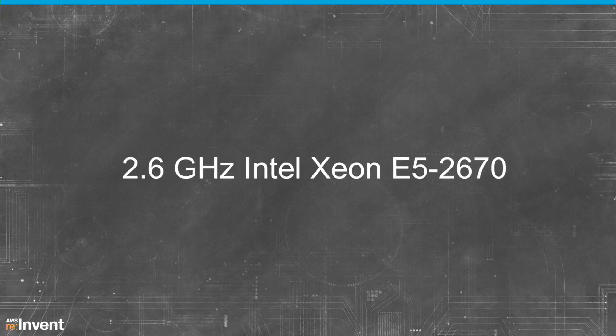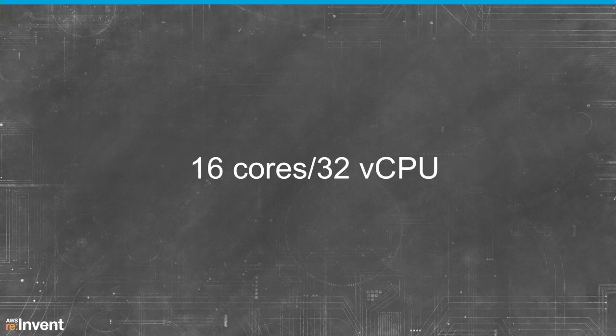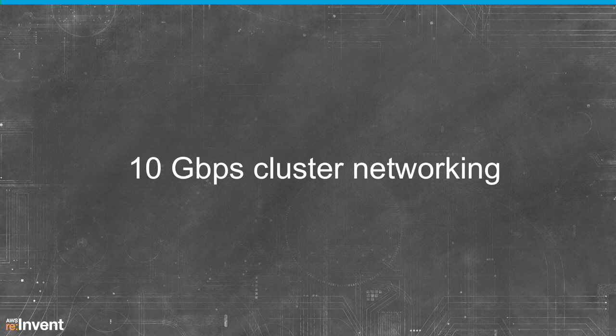So for specifically the CC2 instance, it comes with a 2.6 gigahertz Intel Xeon E5-2670 processor. So that's a Sandy Bridge class processor. It has 16 cores, 32 virtual cores, which is how we spec it. It has a 10 gigabit